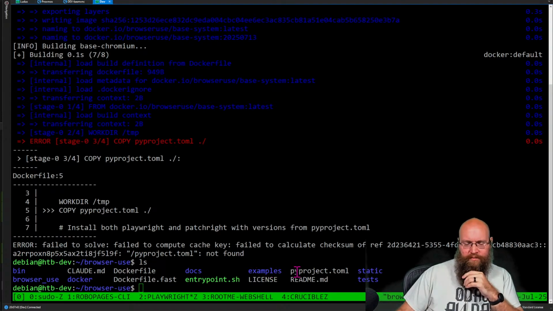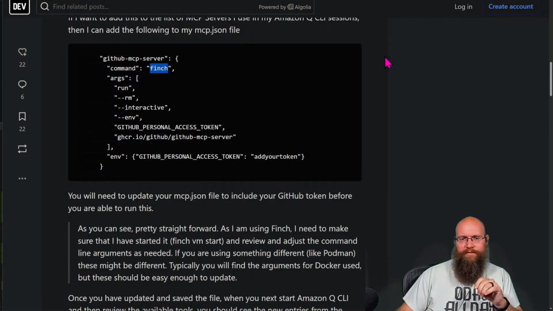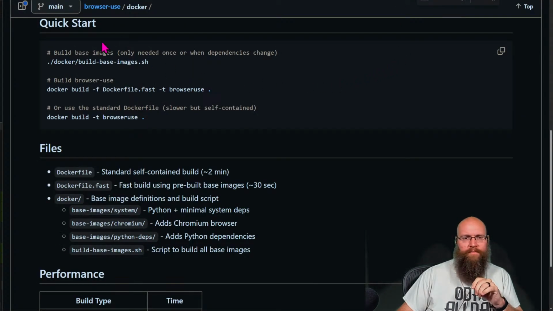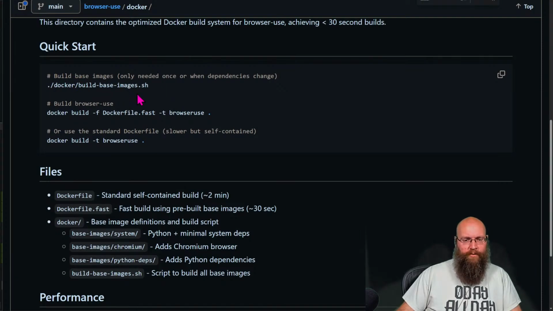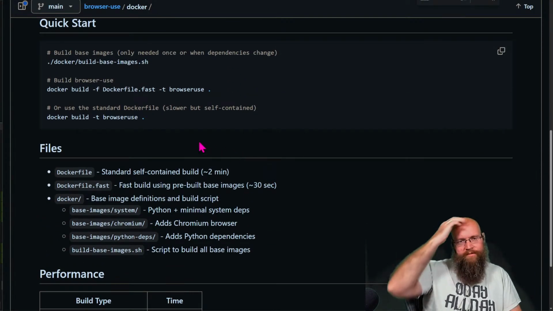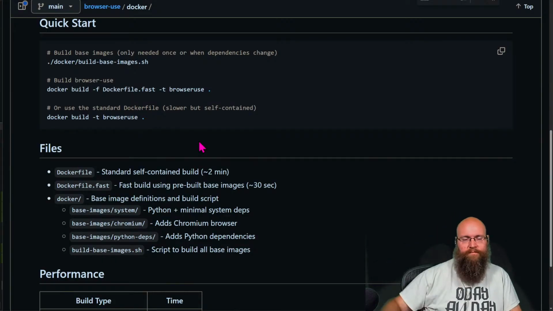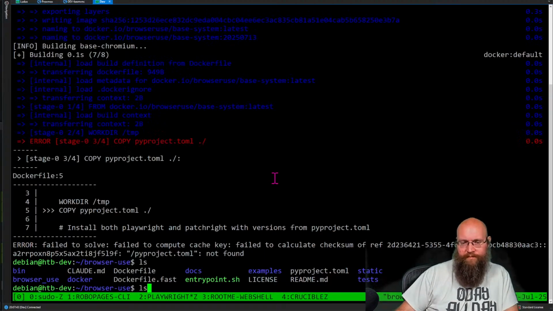Right there. When they said to build this, though. Yeah, you're supposed to run it from the root there. What the heck, man? Building small.